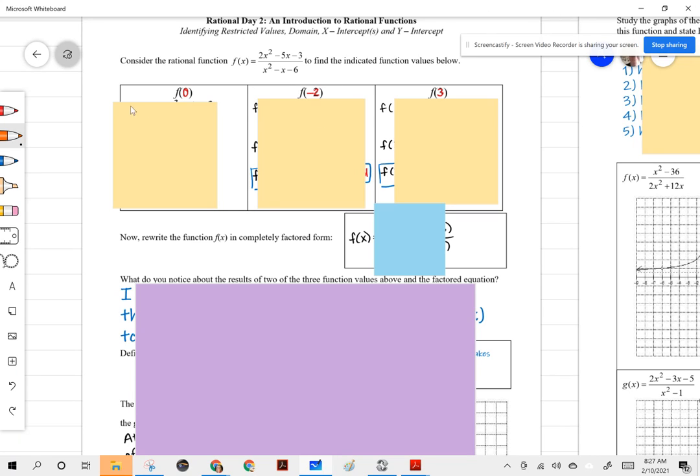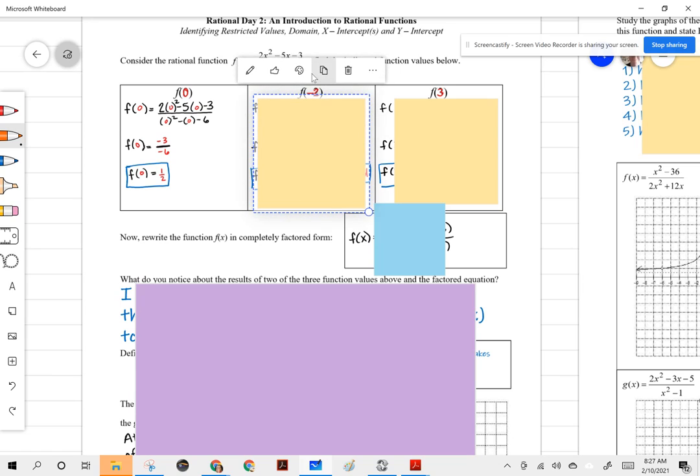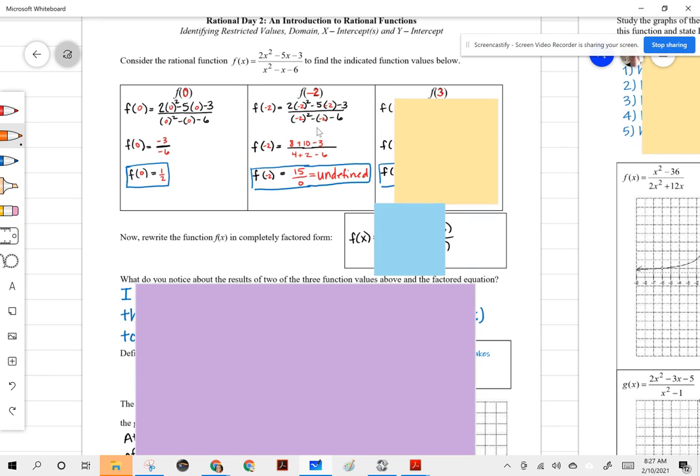Okay, so when you evaluated f of 0, you would basically go ahead and plug in 0 everywhere where there is an x, and we would get f of 0 is equal to 1/2. When you plugged in f of negative 2, you can see the algebra work there, but we get 15 over 0. And so I want you to make a note if you're already forgetting about whether or not it's 0